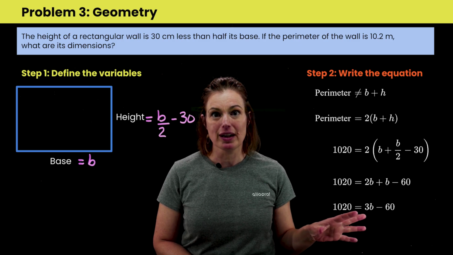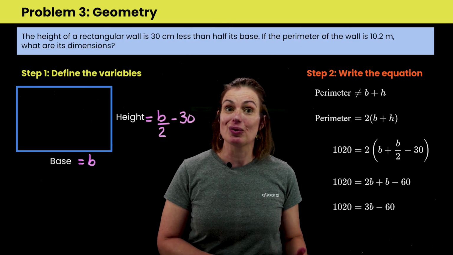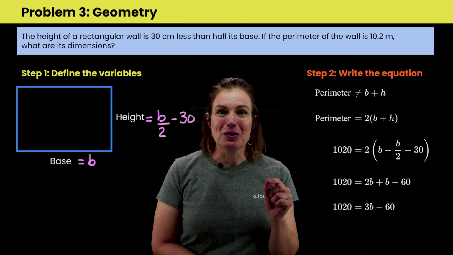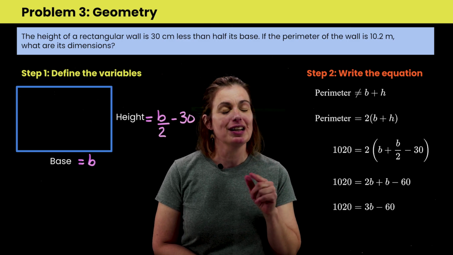I have a simplified equation that I can now move forward with. And I'm going to encourage you guys to do just that, but on your own. So going forward, if you get one of your dimensions as 360 centimeters, then you know you're on the right